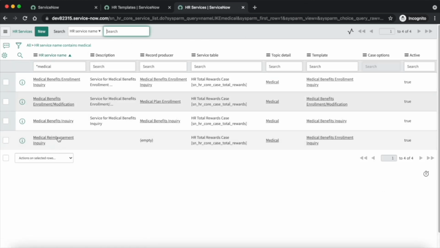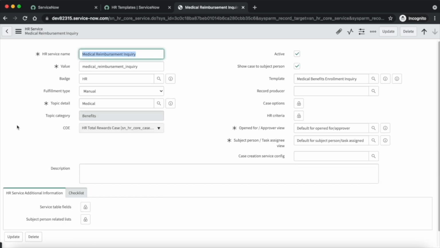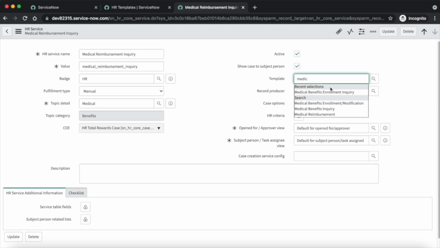Let's select this one, and let's clear this one and put our created one. So recently we have created the medical reimbursement template, and we are attaching this medical reimbursement template inside the HR service medical reimbursement inquiry. So let's save it.